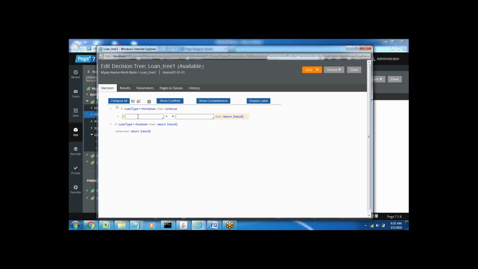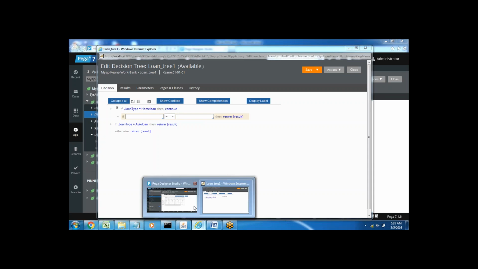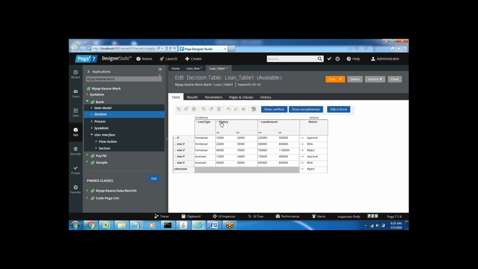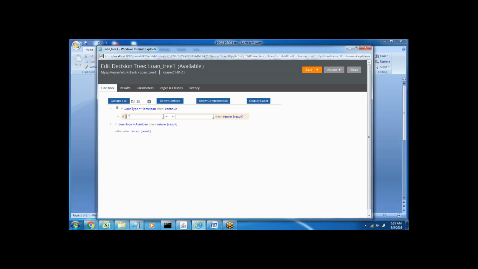Here, okay, a similar condition only, but we will define it in a different way. So I want to define the range for the salary and the range for the loan amount, and I want to return some result for each condition. Same thing we will do in a different way here. Salary greater than or equal to, give some range,